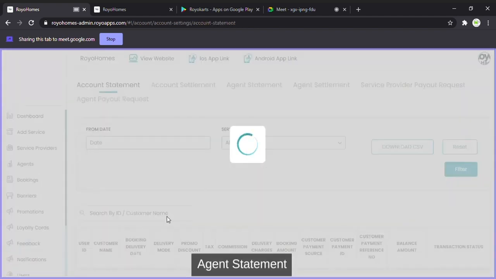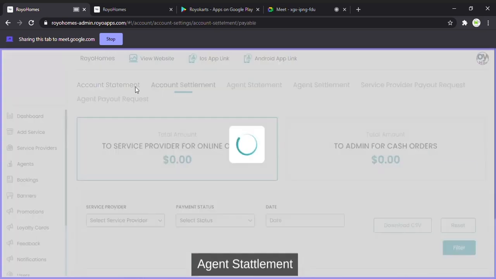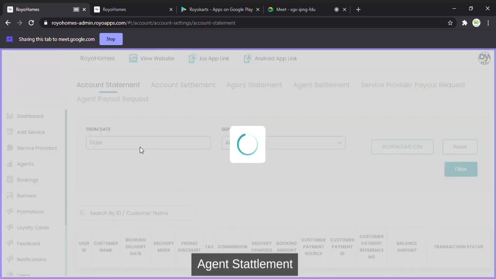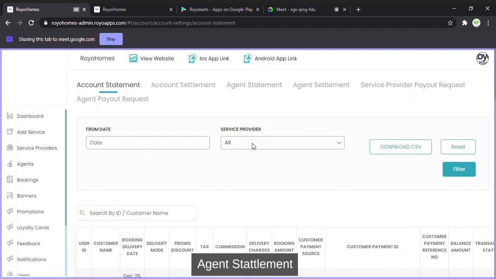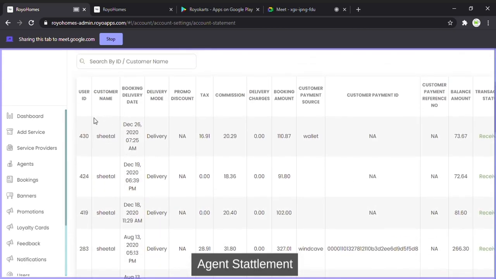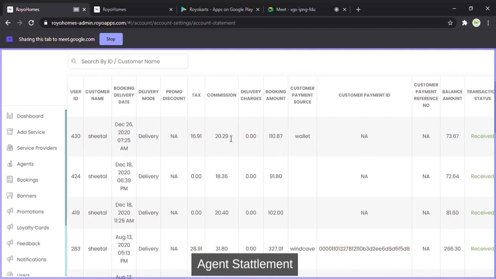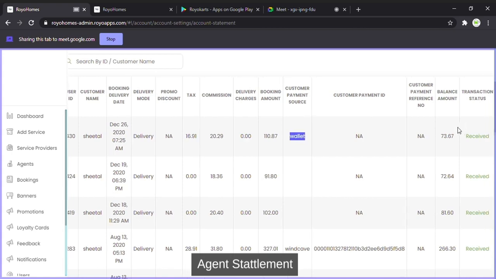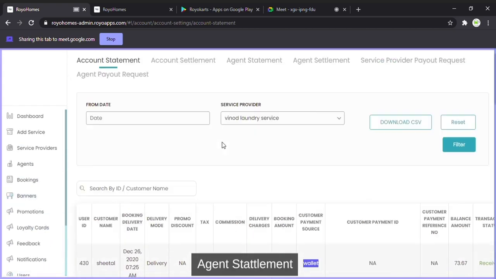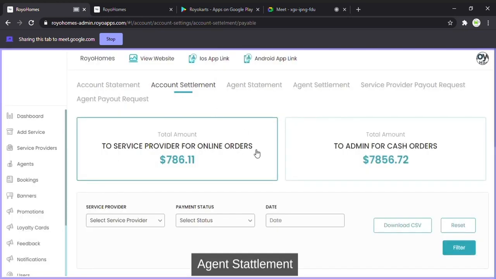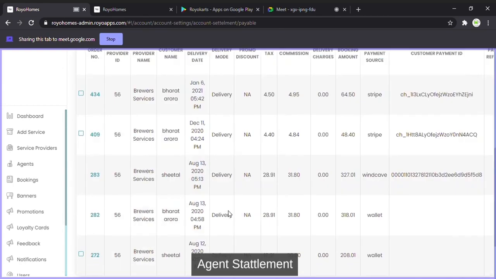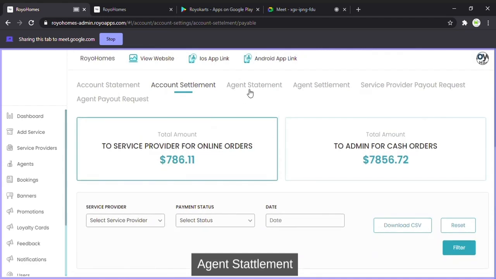Now this is the accounting section. So, account statement. When you come over here, you can check from what date you want to see, and what kind of service provider. For example, I want to see a specific person, then filter it out or download the CSV file. So customer A, delivery mode, every detail that they have in the wallet, if the money has gone. Also you can settle the accounts. For example, there is a person who has a lot of cash with them, you can take in the money, or accordingly if there is a person who has a lot of wallet balance, you can select and make the payments to them. Then agent statement,